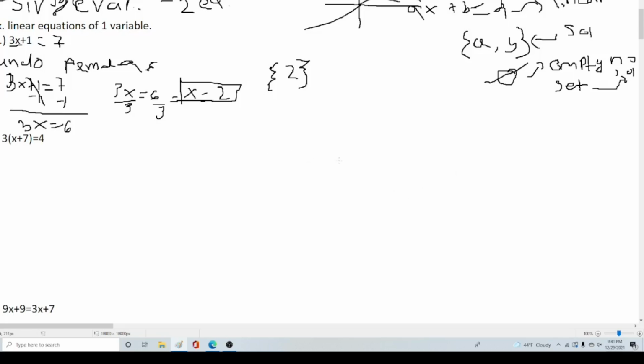Same goal. We want to isolate a single number of x. What we're going to do now is divide by 3 on both sides. Why do we do that? Well, it's because it's 3 times this quantity of x plus 7. To get x plus 7 by itself, we need to divide by 3 to get rid of this 3. And by the rules of algebra, we do it on both sides. So these 3's cancel out, and we get x plus 7